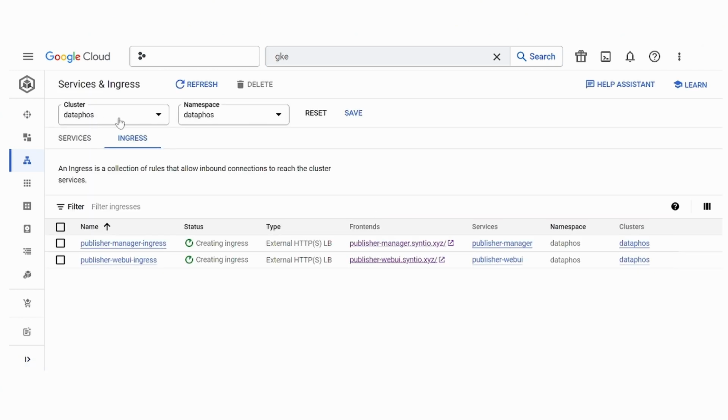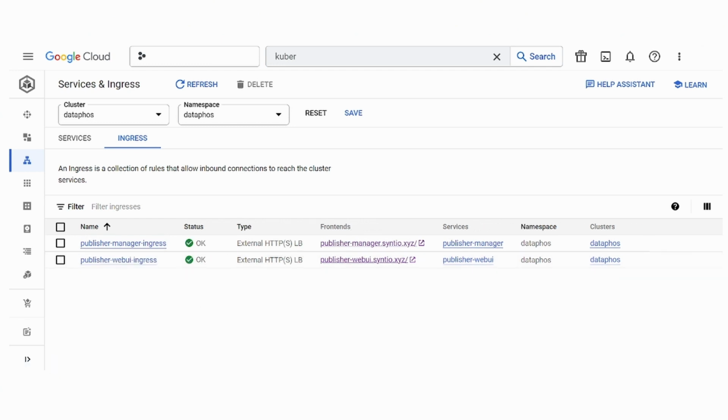Here, choose in the drop-down menus above the tabs the correct cluster and namespace where your deployment has been deployed. After positioning yourselves correctly, you should be able to see two ingresses here, Publisher Manager Ingress and the Publisher Web UI Ingress. Once their status is registered as OK, you can then click on the Publisher Manager Syntio XYZ link,